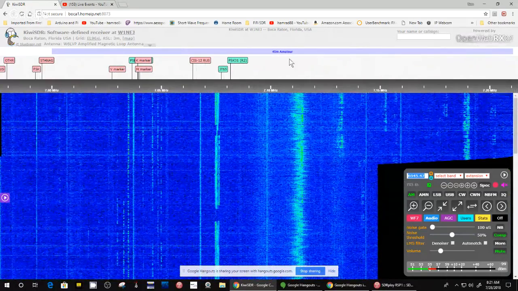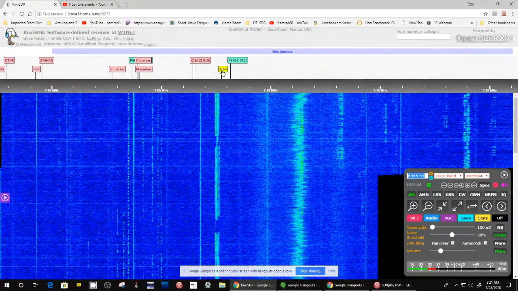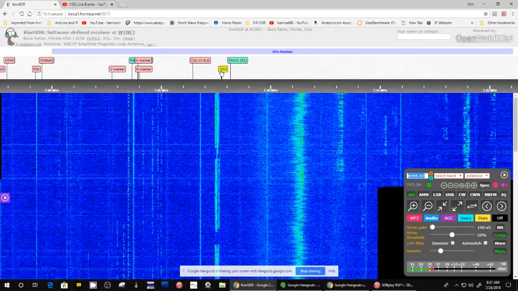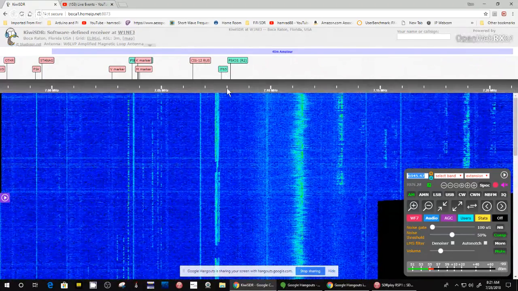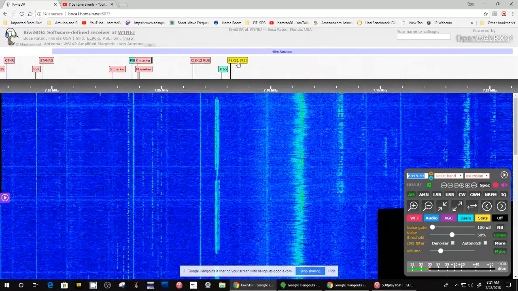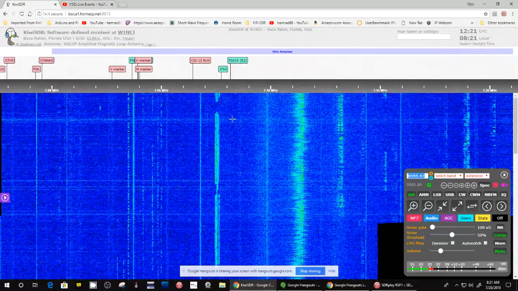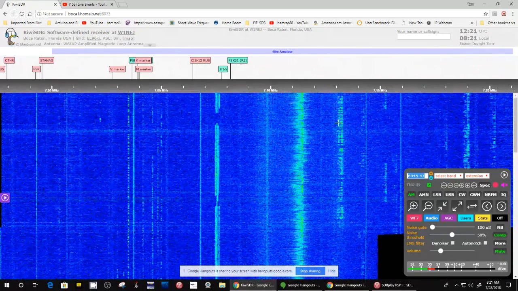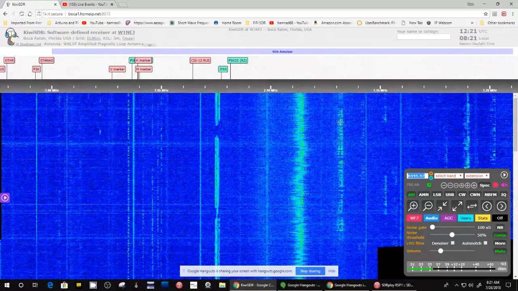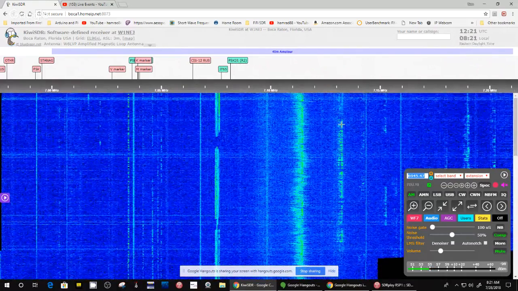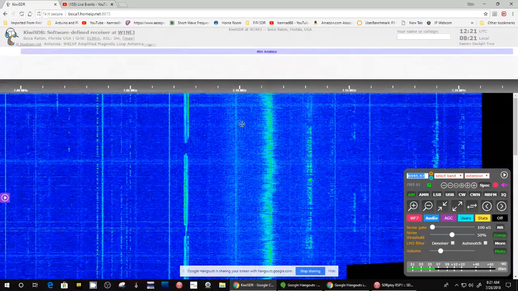Here, you can see it's marked, here's the data mode GT65 frequency. Here's the data mode PSK31 frequency, typically used. This is probably, maybe, no, it's still pretty low. As you can see, it's audio, but that's probably data too.